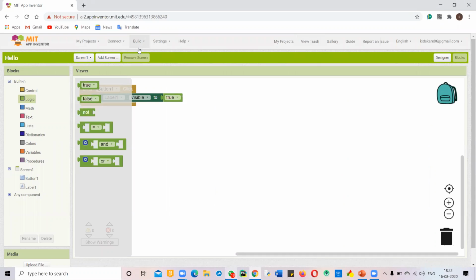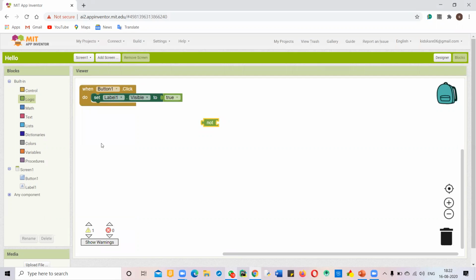So you know about the conditions, like there are some conditions like true. You have used the true and false blocks, but you have not used the not and or blocks. You have also used this one block. So I am going to tell you about these blocks. First of all, the not block is a very important block.